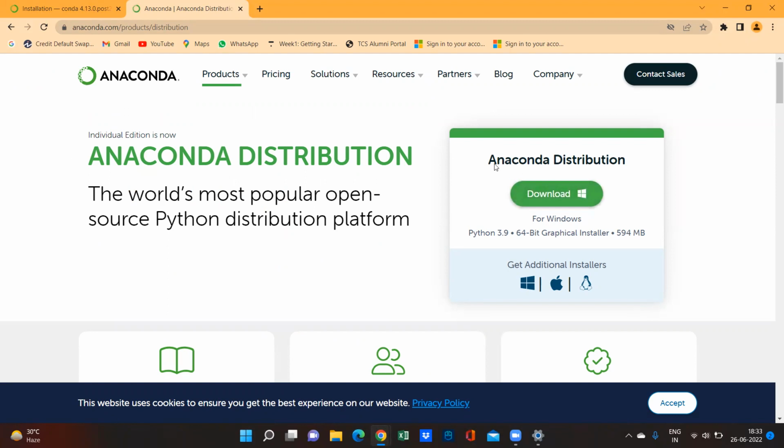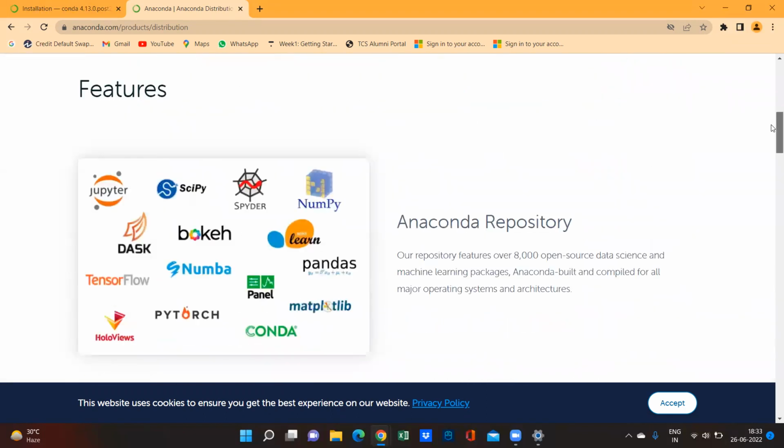We can download Anaconda Distribution from here, but remember this Anaconda Distribution installer is for Windows only, and for a 64-bit system. It will install Python 3.9 on your system. If you don't have a 64-bit system, or if you have Mac OS or Linux rather than Windows, then you have to